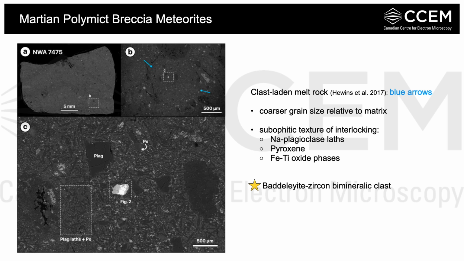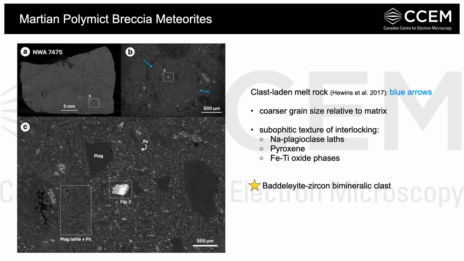Okay, so moving on. I said that 97% of the grains in the last example showed weak or no shock metamorphic features. But what about the outliers that do show evidence of alteration? So this is an example of one of those grains. So it's a baddeleyite zircon bimineralic clast. So it means the zircon and the baddeleyite are kind of one assemblage.